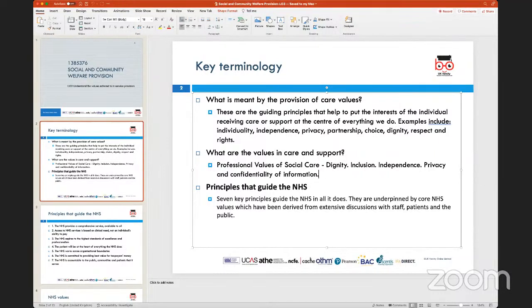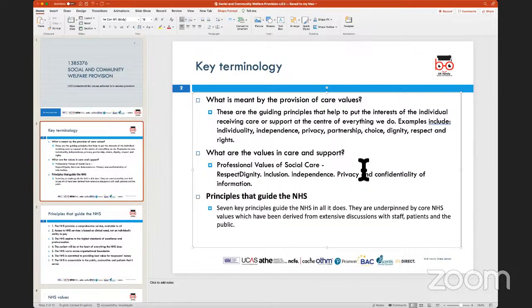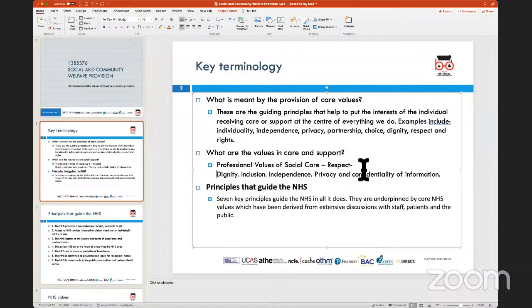And when we look at the six core values of NHS, and this is something which is what I've listed here. So if I put it down, respect and dignity, you have inclusion, you have compassion. So if I put that down here, respect, dignity, compassion, these are bits that you need to know and you need to be very well aware of. When I say very well aware of, you should know them by heart, because these are bits that